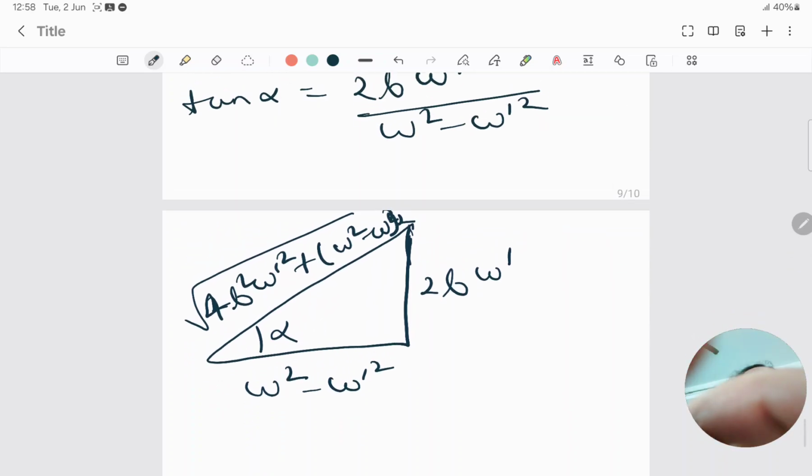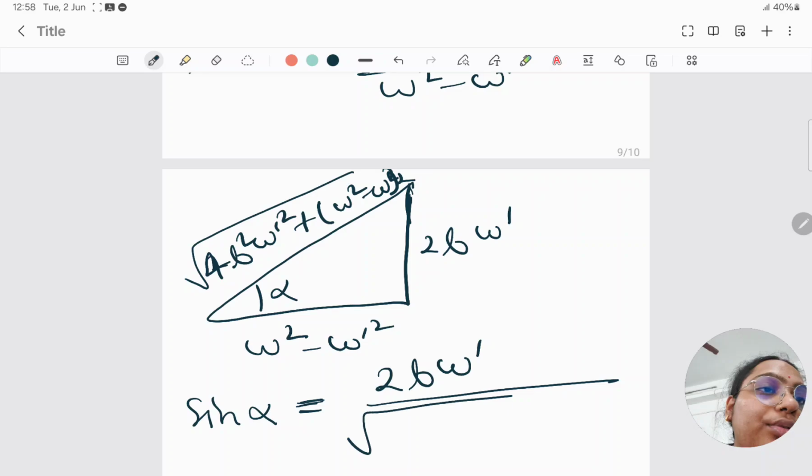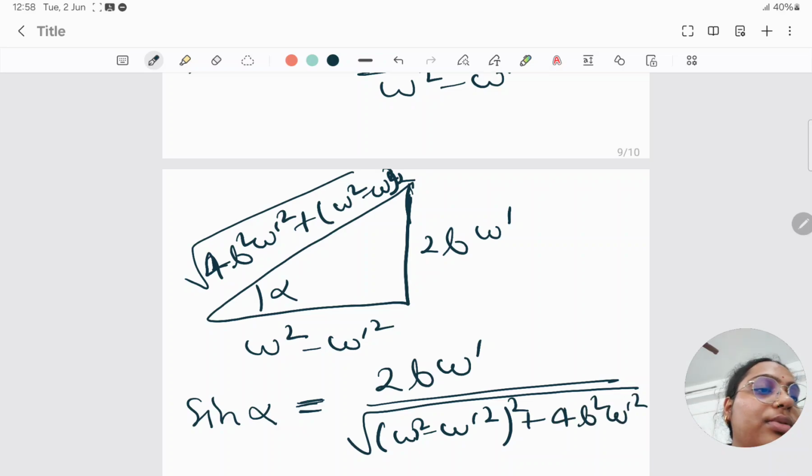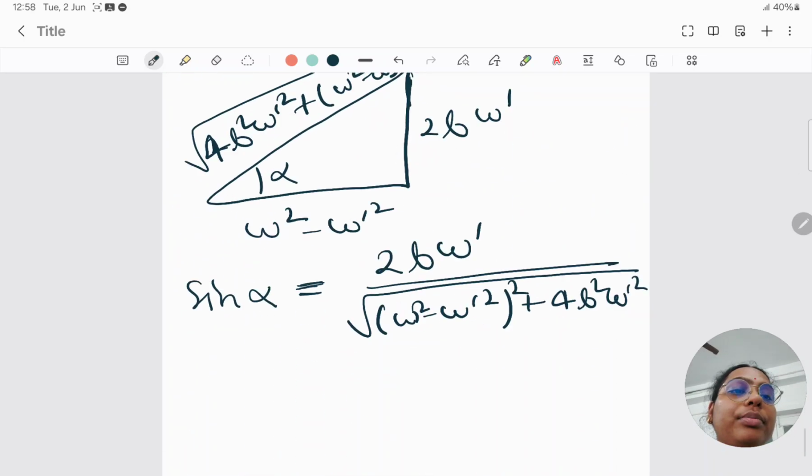Okay, so sin alpha will be nothing but 2bω' divided by root over (ω² − ω'²) whole square plus 4b²ω'². Okay, so what we will get, P average